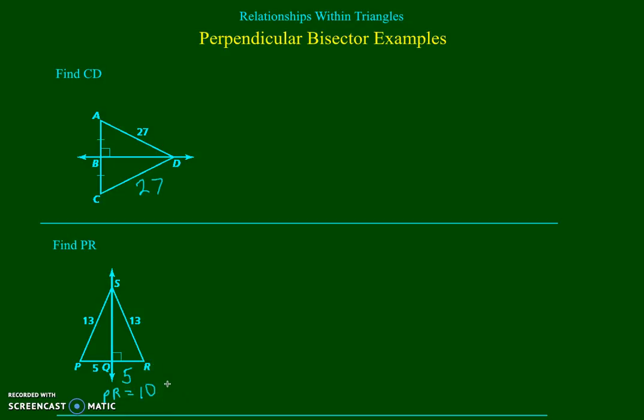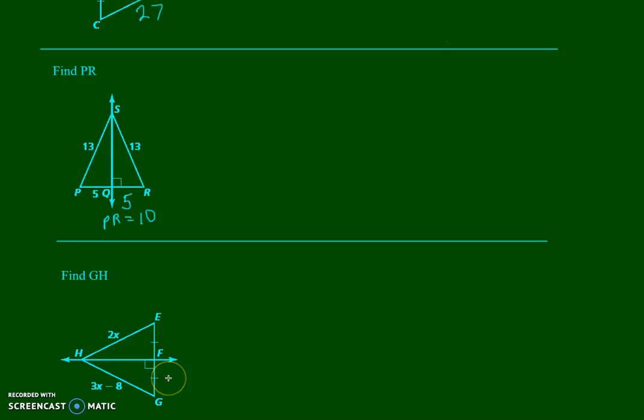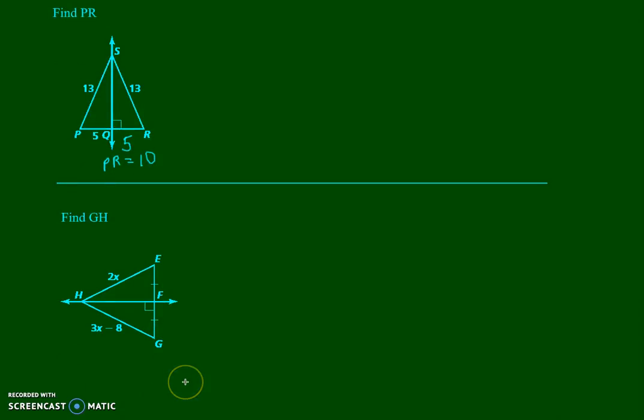Okay, now let's go on to the next example down here. And here we have a very similar example. We have HF, line HF is the perpendicular bisector of EG. Therefore, H is equidistant from endpoints E and G. So that makes HE congruent to HG. Since HE is congruent to HG, we know that 2x